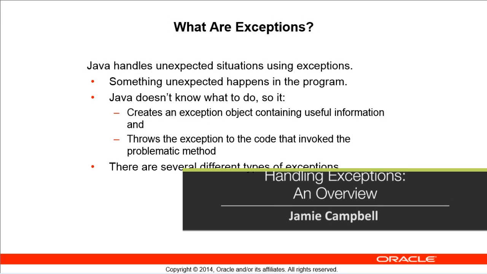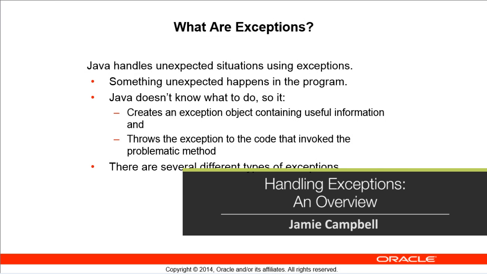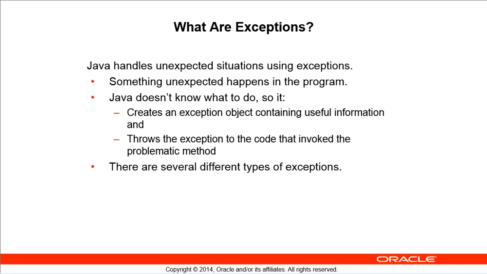In this video, I'll provide an overview of handling exceptions. What if something goes wrong in an application? When an unforeseen event occurs in an application, we say an exception was thrown. Java handles unexpected situations using exceptions when something unexpected happens in the program and when Java doesn't know what to